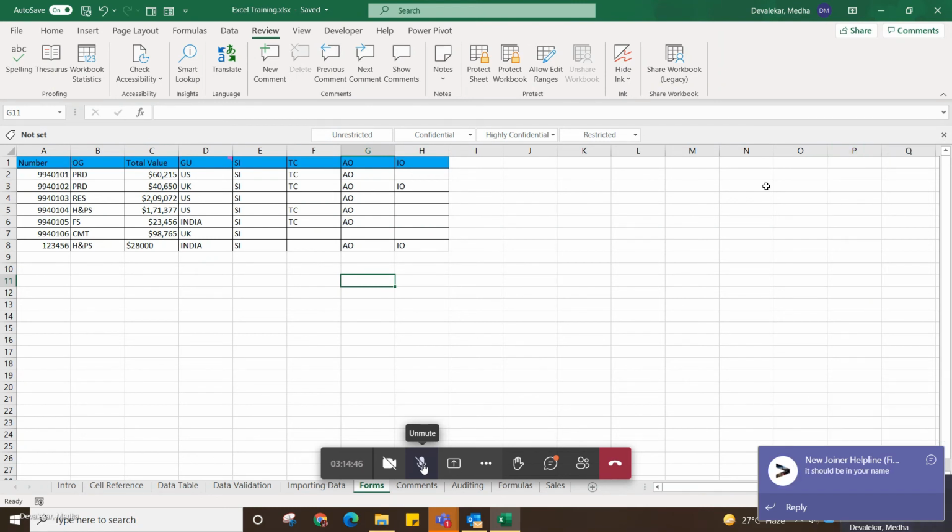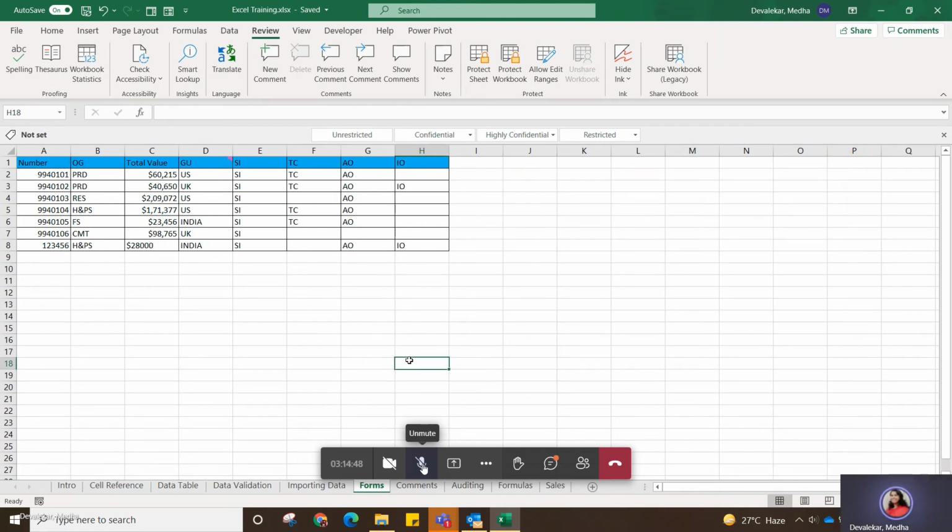Okay, next is protecting our sheet or protecting our workbook. By just hearing protect, what do you think? Why is it required? It is for confidential data, to restrict the accesses. Yes, definitely.